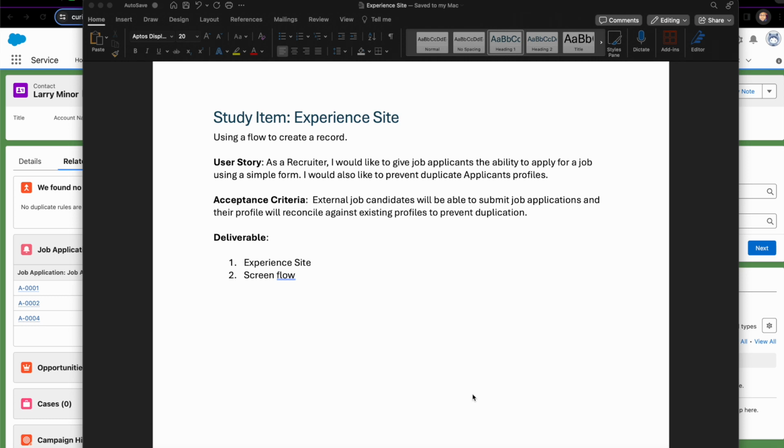I'll run quickly through the user story. As a recruiter, I would like to give job applicants the ability to apply for a job using a simple form. I would also like to prevent duplicate applicant profiles. Now, what we're going to do to prevent that is we'll go